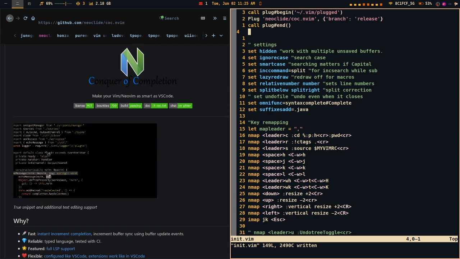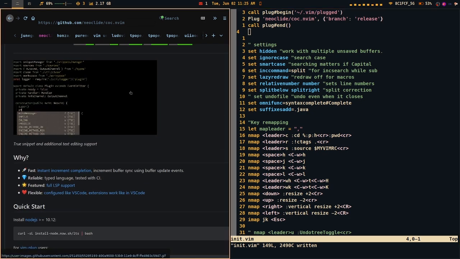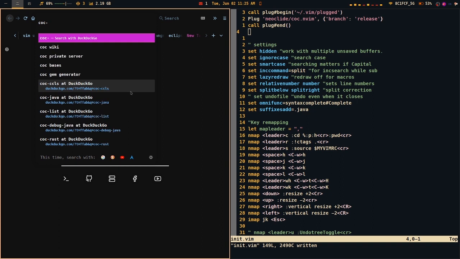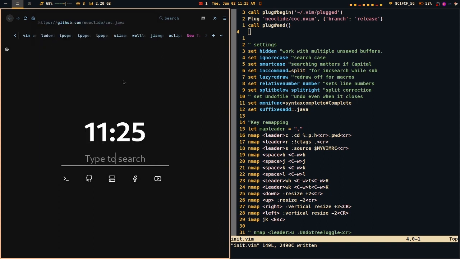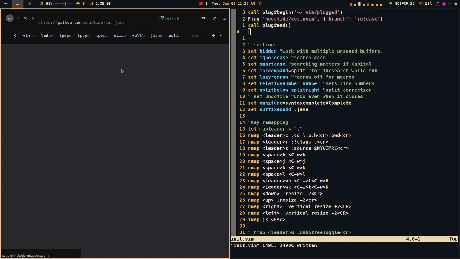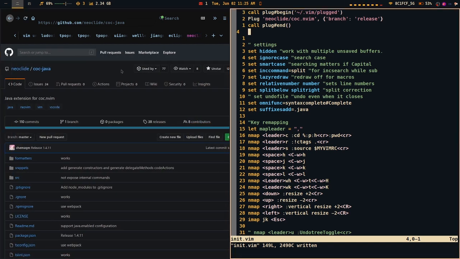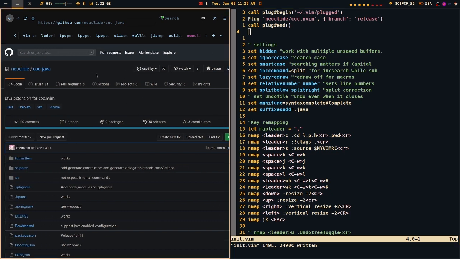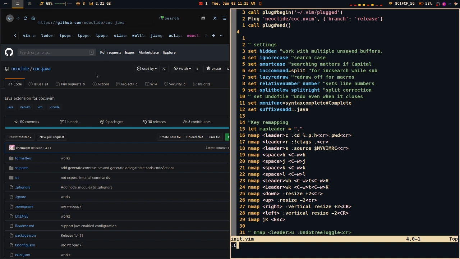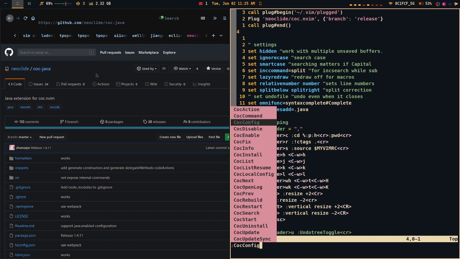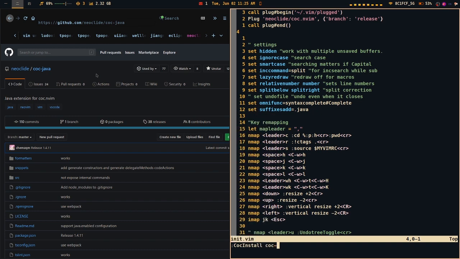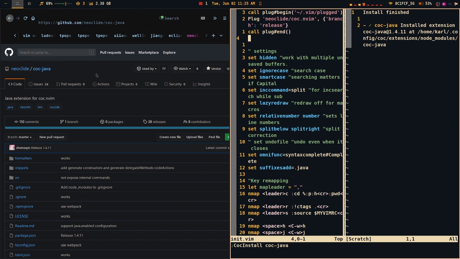And again, we want to work with Java, right? So there's an extension. Unfortunately, you actually have to install extensions to use Conquer of Completion. And the extension we're going to use is coc-java, Conquer of Completion Java. And you install it by using CocInstall coc-java. And once you've done that,